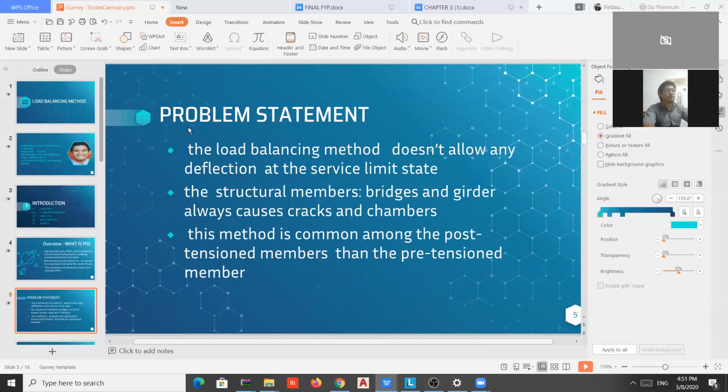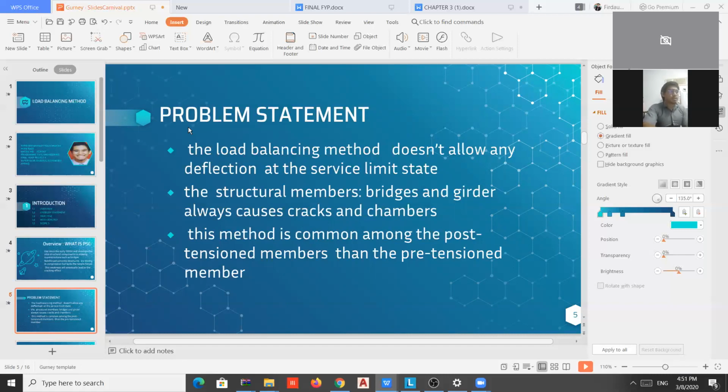The problem statement for this project is, first, the load balancing method does not allow any deflection at service limit state. Structural members such as bridges and girders always cause crack and chamber. So the load balancing method is required to be used in the analysis to avoid any deflection during the service condition. Lastly, this method is common among post-tension members rather than pre-tension members,